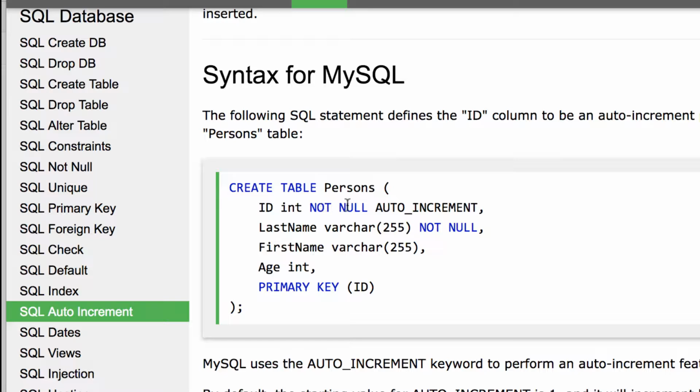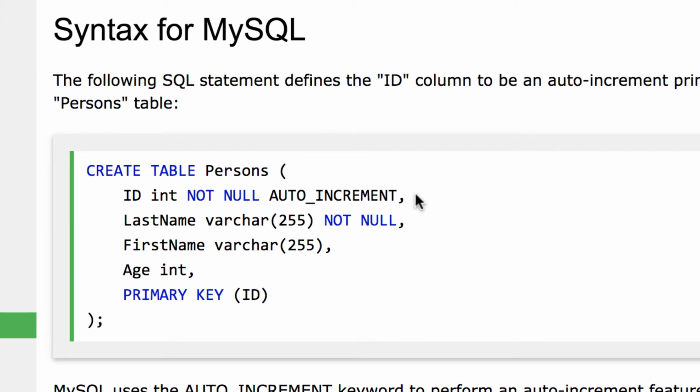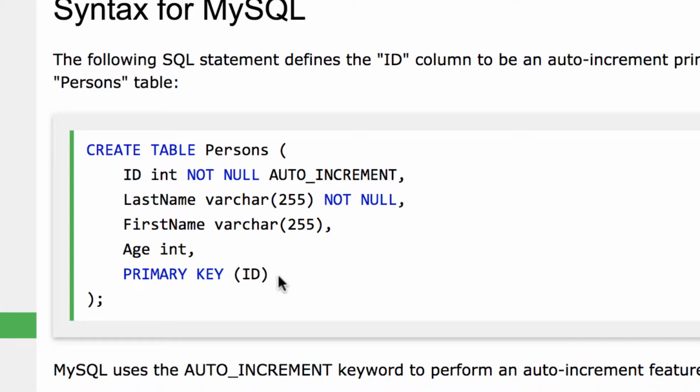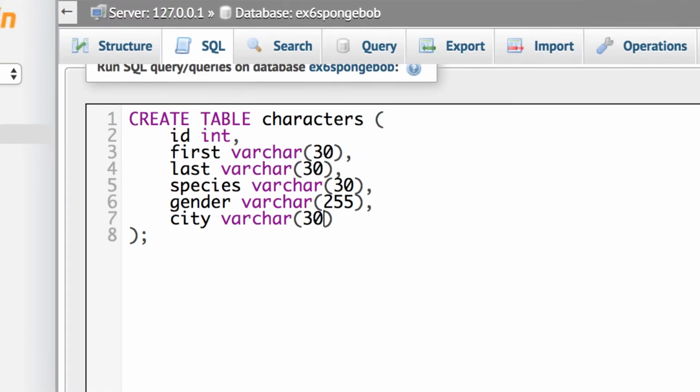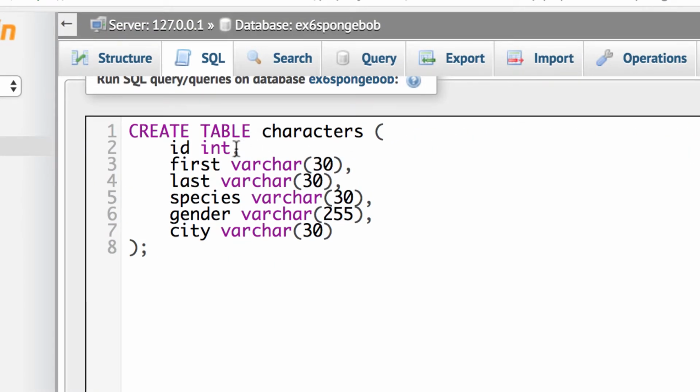ID int, we have that, but it has not null auto increment. So why don't we just copy that and put that in, and then notice it also has primary key. So we're going to do primary key and then also not null auto increment. So we're going to put those things in there. So I'll just copy that, and I'm going to put it right over top of the comma, because the comma is at the end, not in between anything. So ID int not null auto increment, and then there was a thing, I'll put another comma here,